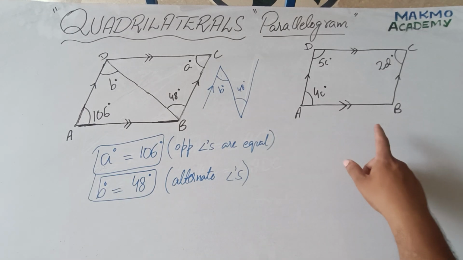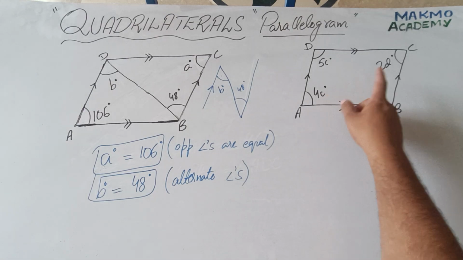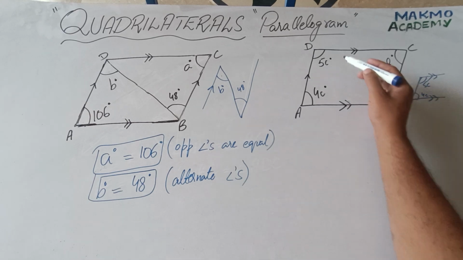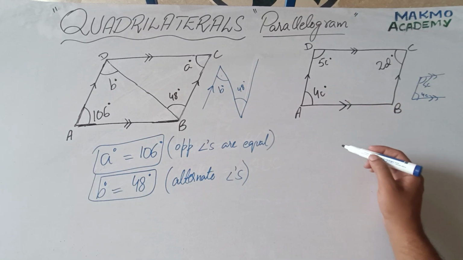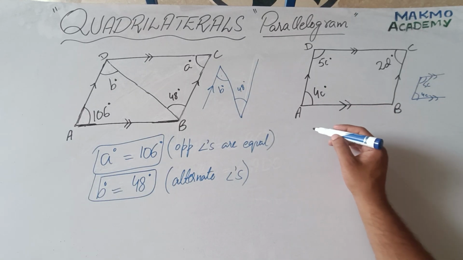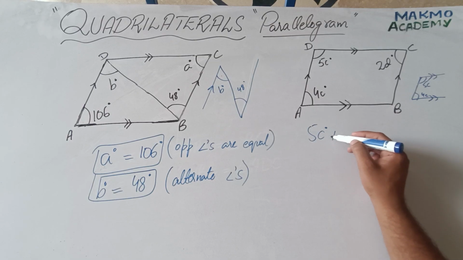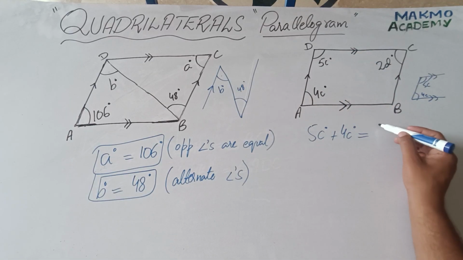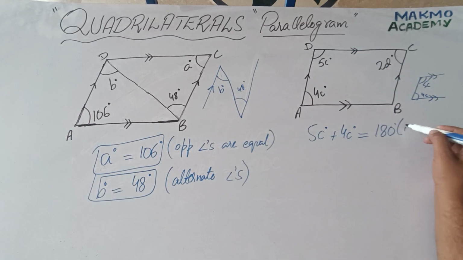Now again let's look at this problem. So there are two unknowns, c and d. Again we need to recall that these two sides are parallel with each other. If these two sides are parallel, this line would work as a transversal. So under the arms of these two lines, these two angles are lying, 4c and 5c. It means that they are making a letter C, and since they are making a letter C, they are interior supplementary angles, and the sum of these two angles would be equal to 180 degrees